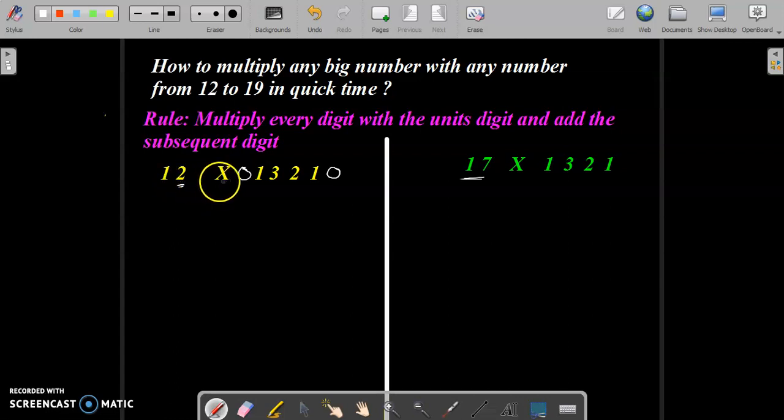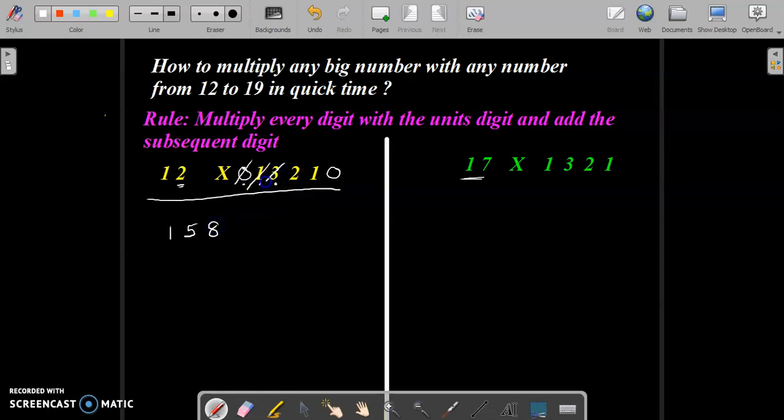First of all, 2 multiplied by 0, you are getting 0. 0 plus 1 is 1. So write 1 here and cancel 0 because you have already multiplied this one. Now 2 into 1, 2 ones are 2 and 2 plus 3 is 5. Now you multiplied 1, you cancel 1 also. Now multiply 2 with 3. Yeah, multiply 3 with 2, that is 3 2s are 6. 6 plus 2 is 8.